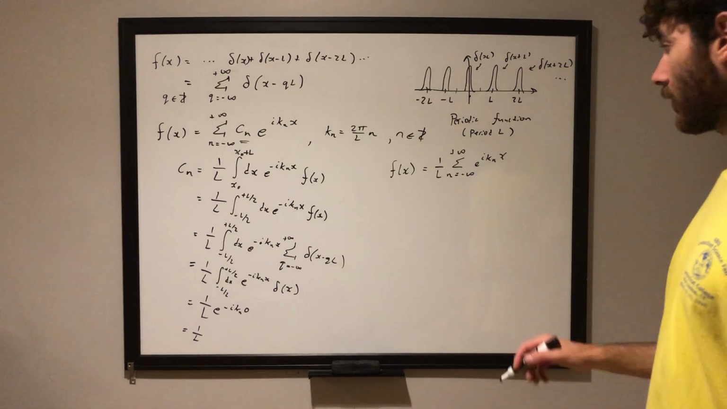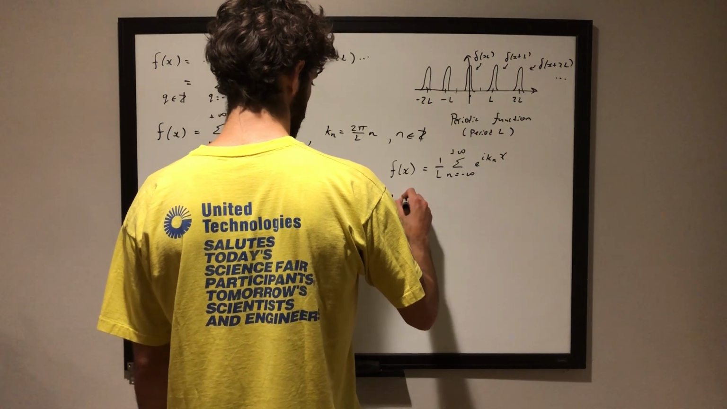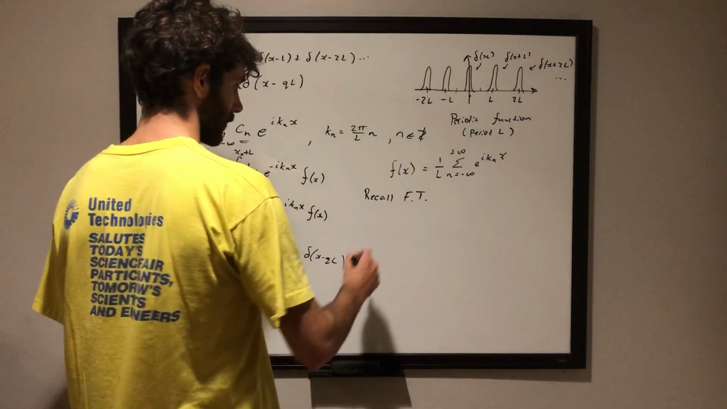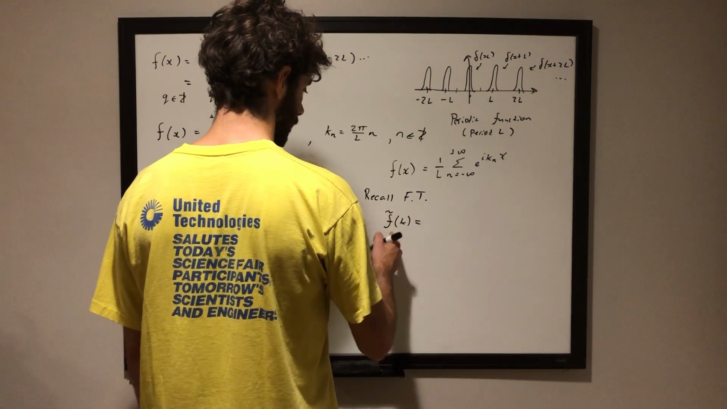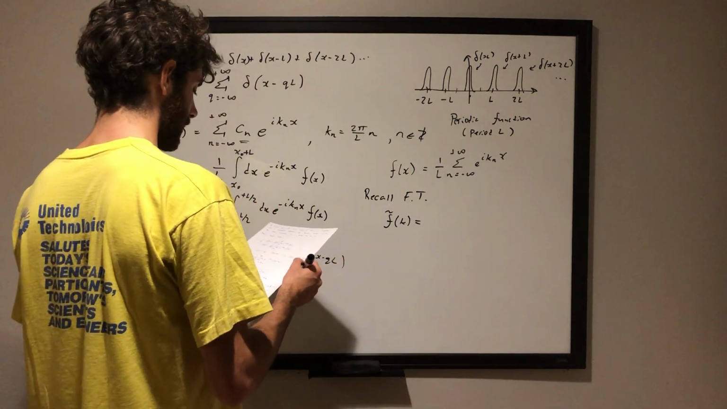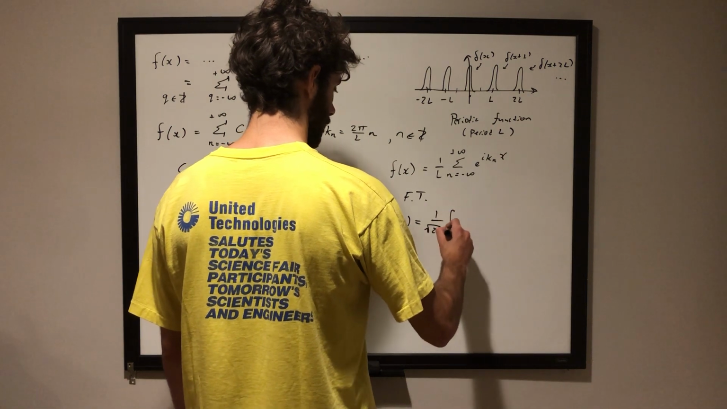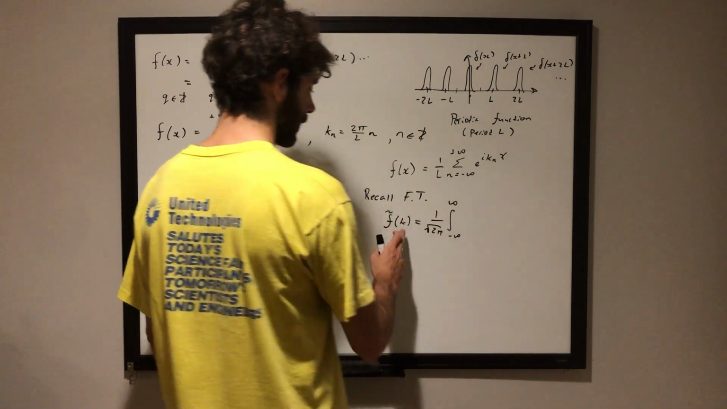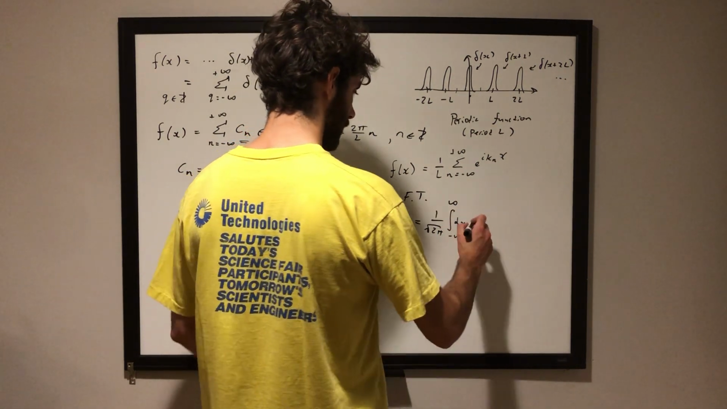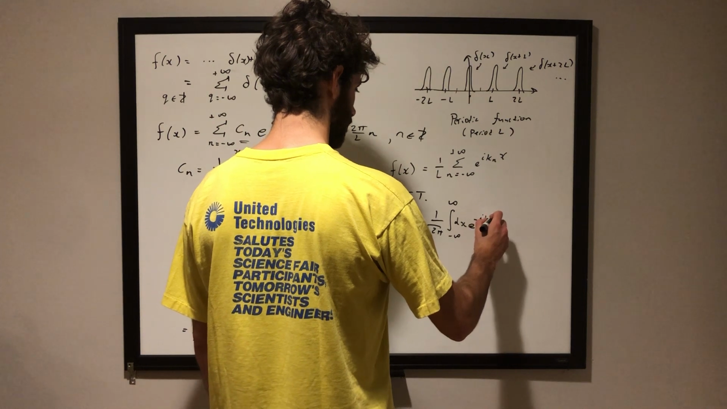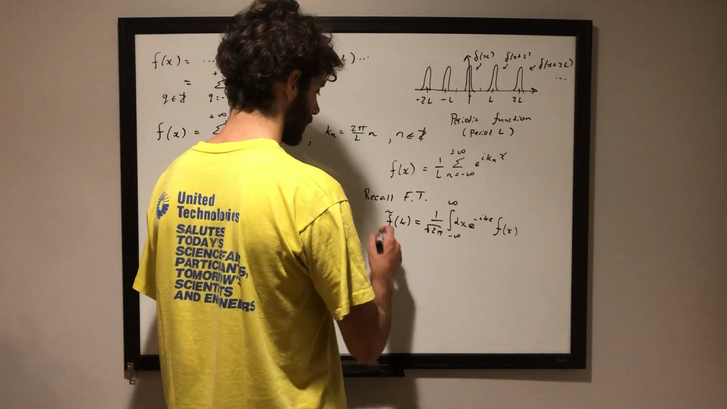Okay, so now let's recall the Fourier transform. So we have the pair of functions f of k, the Fourier transform of f of x, being 1 over 2 pi integral minus infinity to infinity. This is a function of k, so we need to integrate with respect to x of e to the minus i k x times f of x. This is the Fourier transform of f of x. And then the inverse